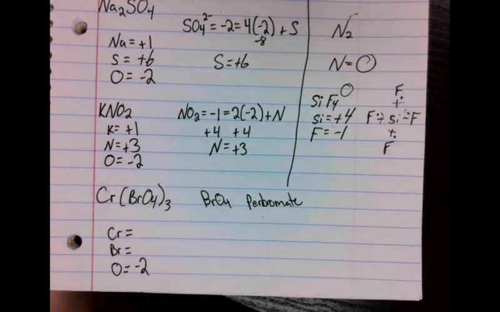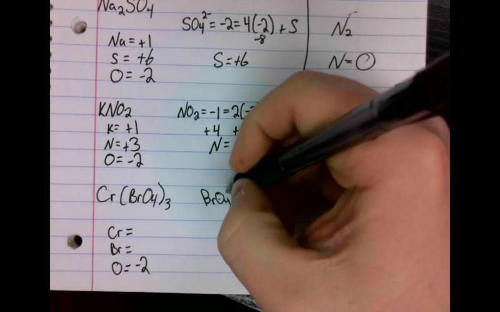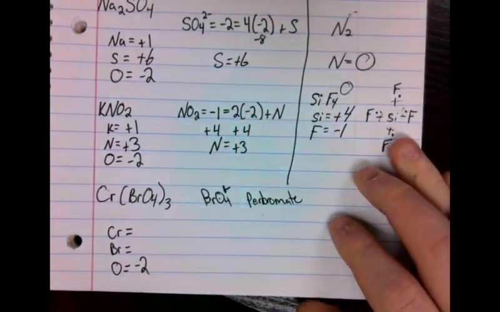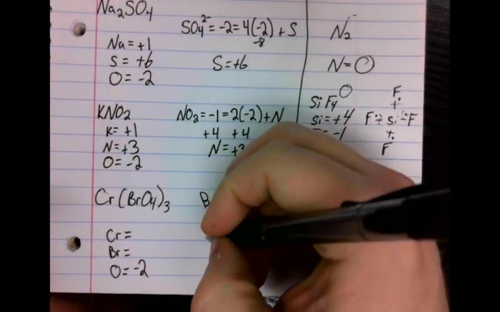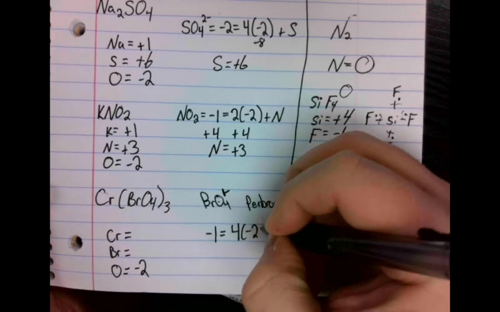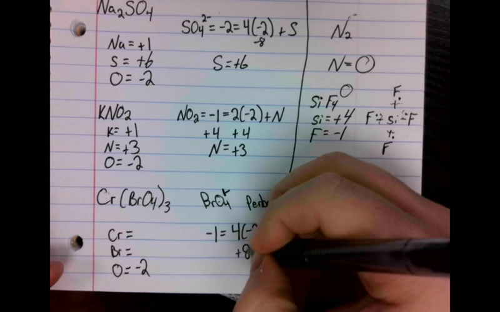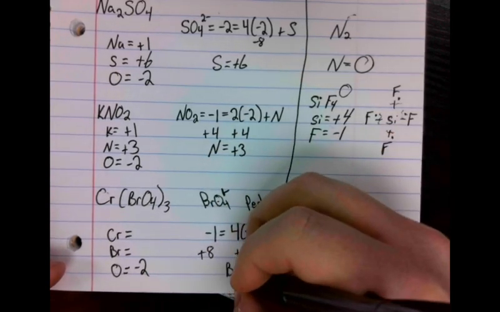If you know chlorate is a -1 charge, and chlorine and bromine are halogens, and they're in the same group, or the same family, and we talked about how being in the same family means they have similar traits, you can assume that BrO4 would behave the same as ClO4, meaning that it would have a 1- charge. So we can say -1 as an oxidation number is equal to 4 times -2 plus whatever the Br has. In this case, we add 8 to both sides, and we get that the Br